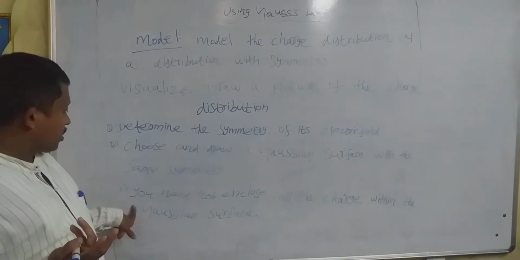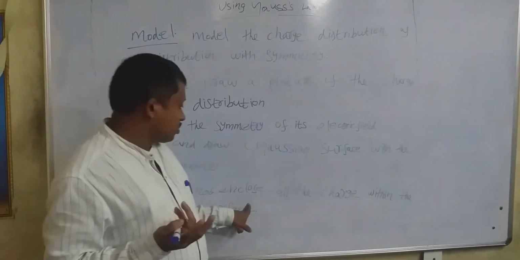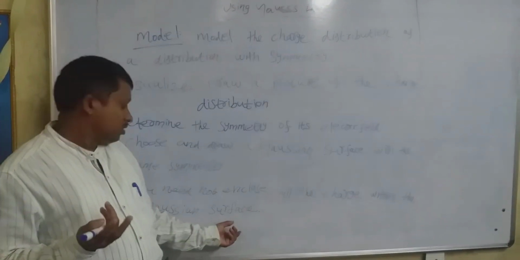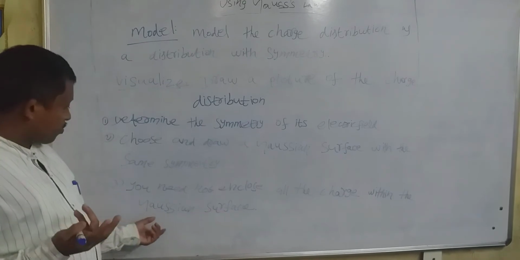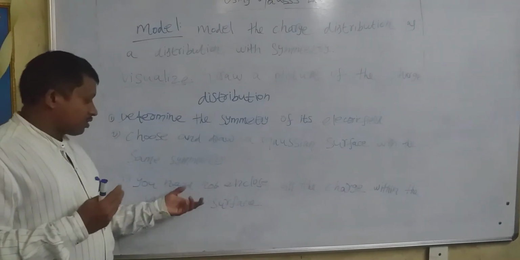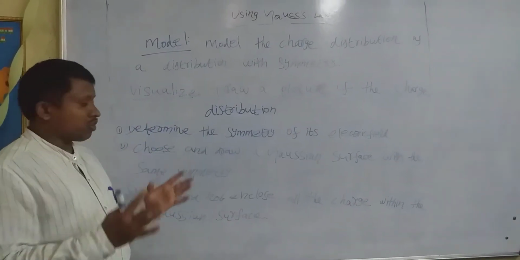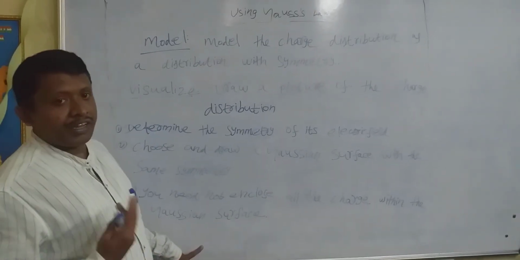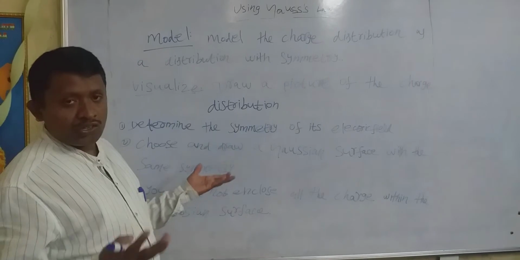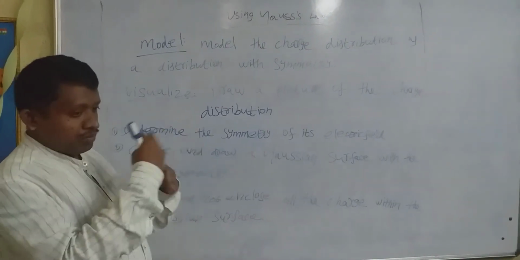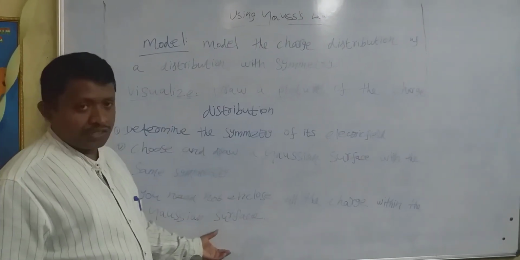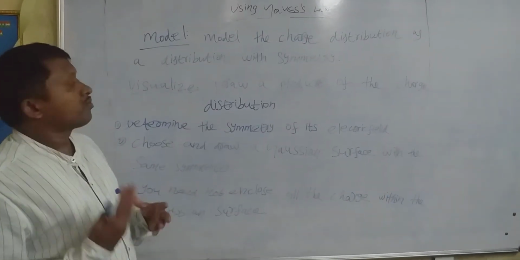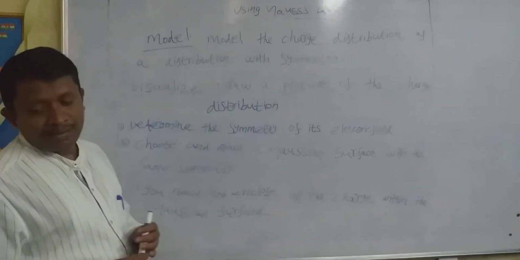The next important point: you need not enclose all the charges within the Gaussian surface. This point is also important. We need to consider the charges that come inside the closed surface. It is not needed to enclose all of them; one or two or three charges within the Gaussian surface is enough. Then we will see some important numerical examples.